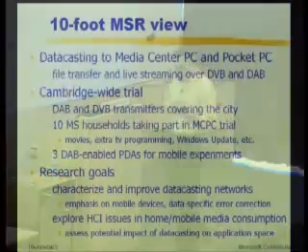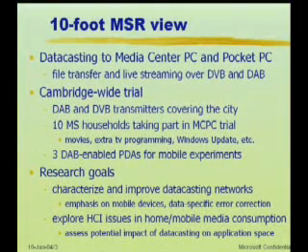Now there is actually a research component to this, which some of you might have been wondering about, which we're piggybacking onto the fact that we have this quite big infrastructure that we can just play with. And there's two sides to the research that we want to do. On the networking side, and Pablo is actually leading this, we want to characterize these live datacasting networks, because DVB and DAB datacasting hasn't really been exercised very much in the wild, as it were. And we have this Cambridge-wide trial, so we can drive around Cambridge, characterize what the actual behavior of these networks looks like, and then think of ways that we can improve them. So that's one side of it.